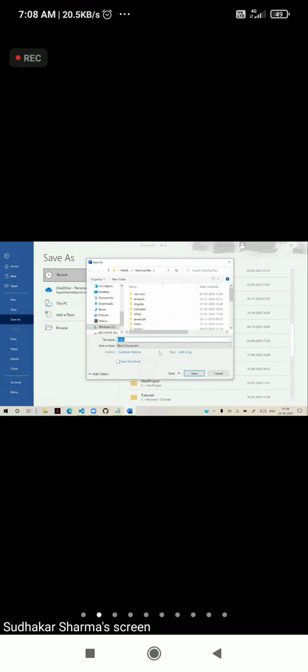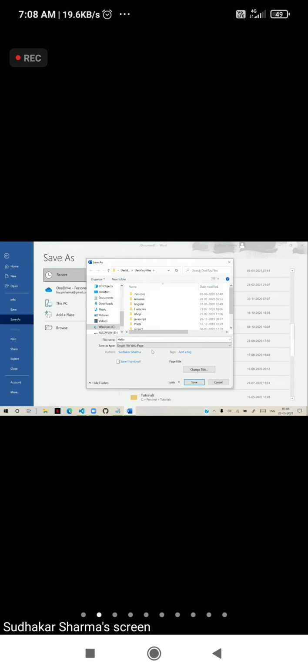You see, I am saving here, save type, I am selecting single file web page. So the file name is hello and the save type is single file web page. So you are saving as a web page.